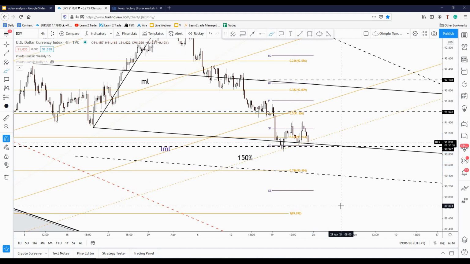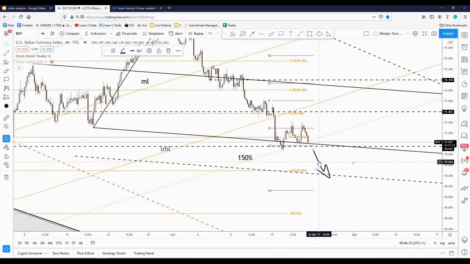So if the index will continue to drop, if it will register a valid breakdown here below 150% Fibonacci line, if it will drop and close right below this former low, below 90.85, then it should extend its decline, and this scenario will signal that the US dollar will continue to